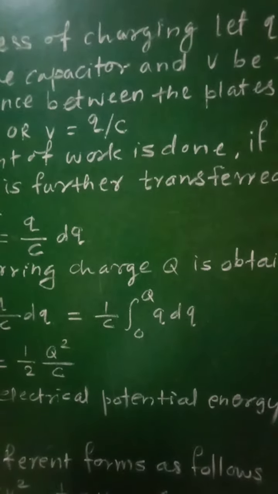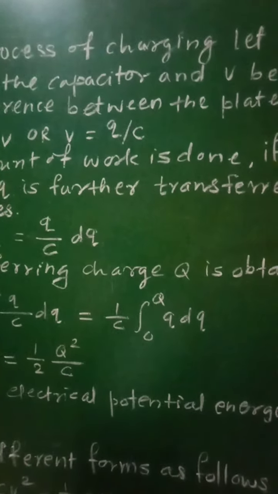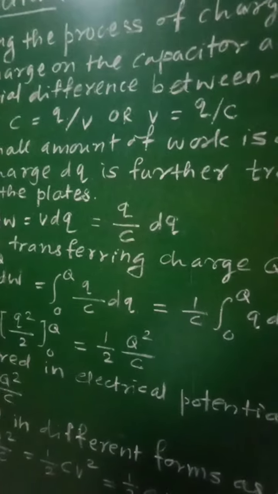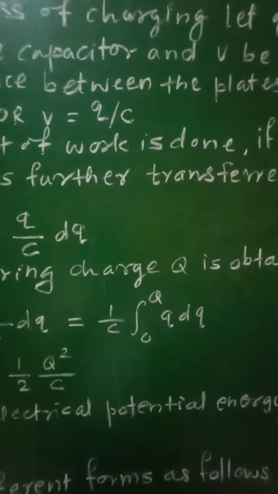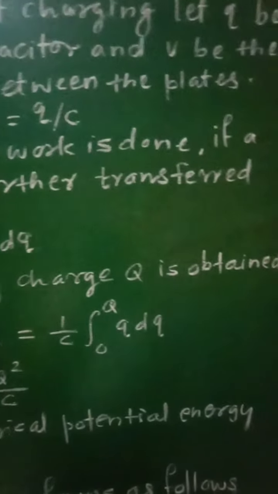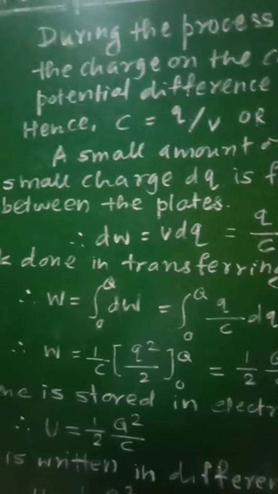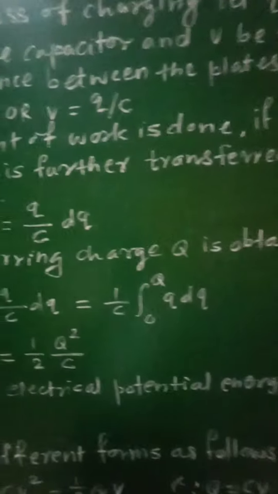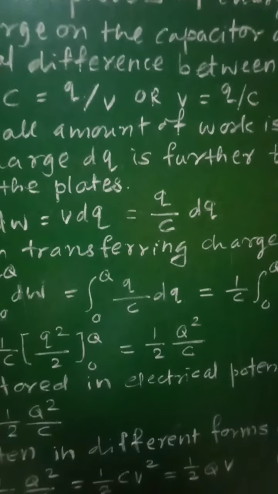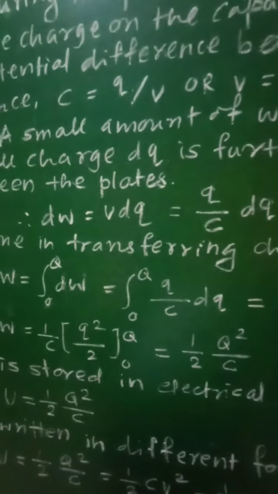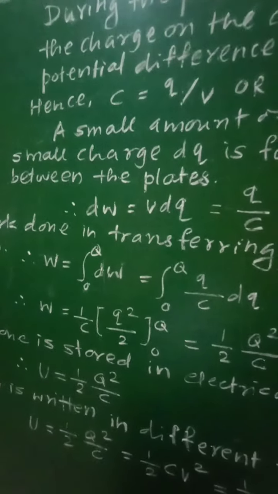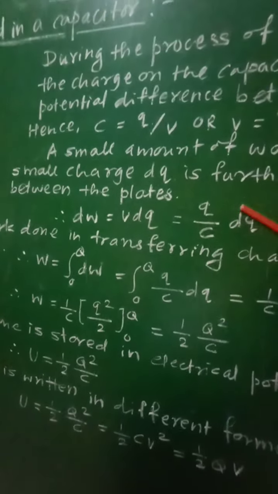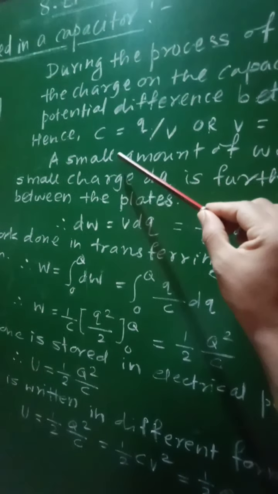So here the charging process is going on, and therefore a small charge q is present on the plates of the capacitor at any instant of time, and let phi be the potential difference between the plates of the capacitor. So q is the charge present on the plates of the capacitor, and phi is the potential difference between the plates of the capacitor. Hence, the capacity of the